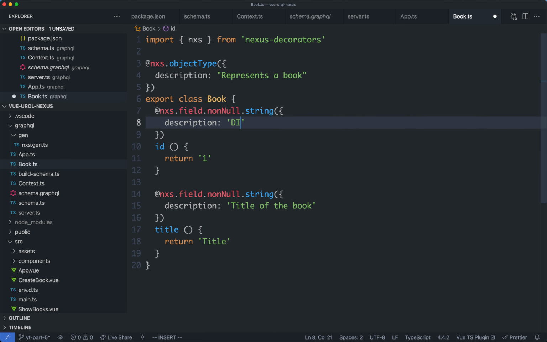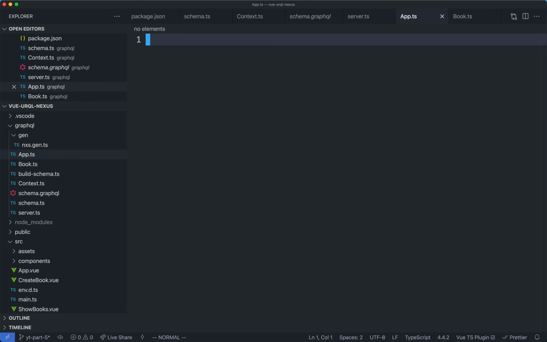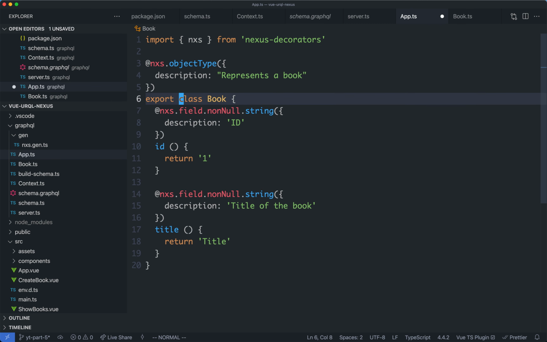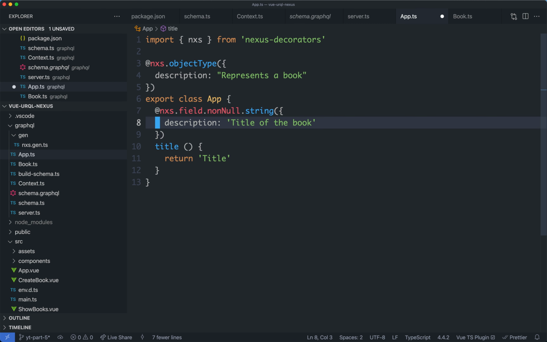Now that we have that, let's go ahead and work on our app type. I'm going to head over to the app file now, and we're going to declare this one as well. It is going to be fairly similar, so I'm just going to copy over book, and we're just going to rename this one to be called app instead. It's not going to have an ID and a title, rather it's going to have a book type, and this is going to be a